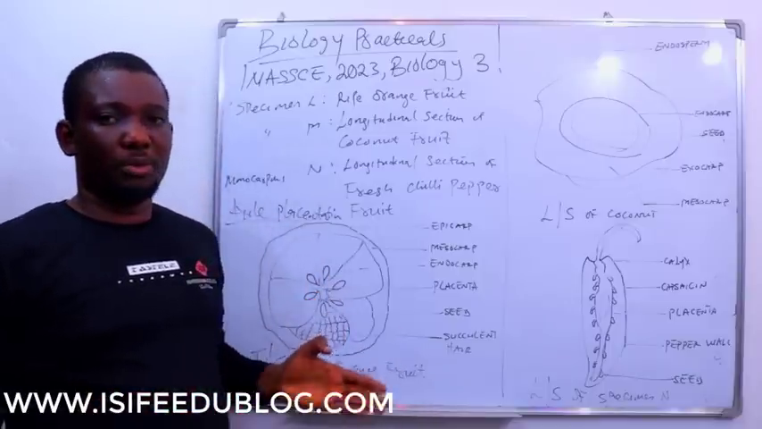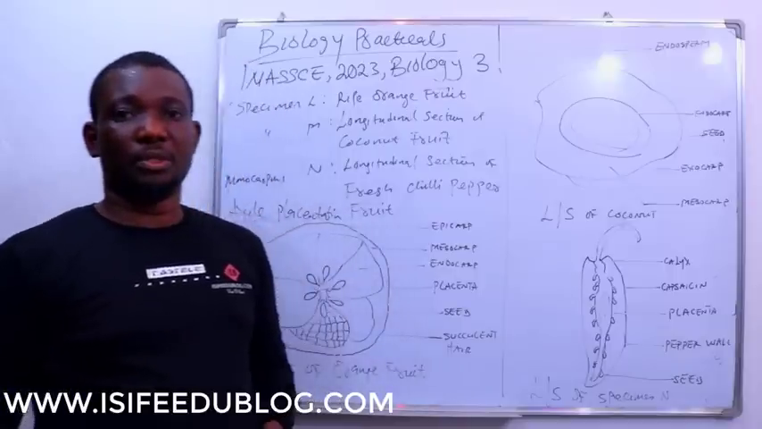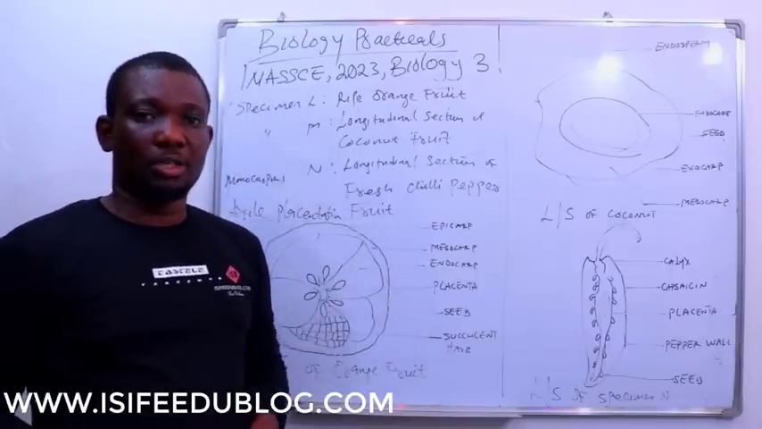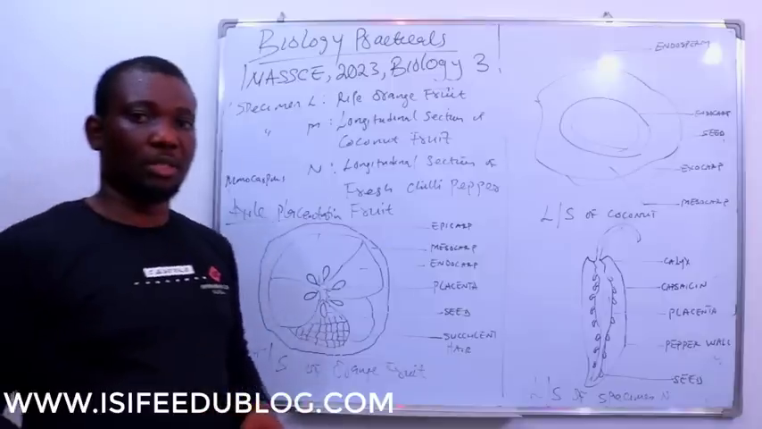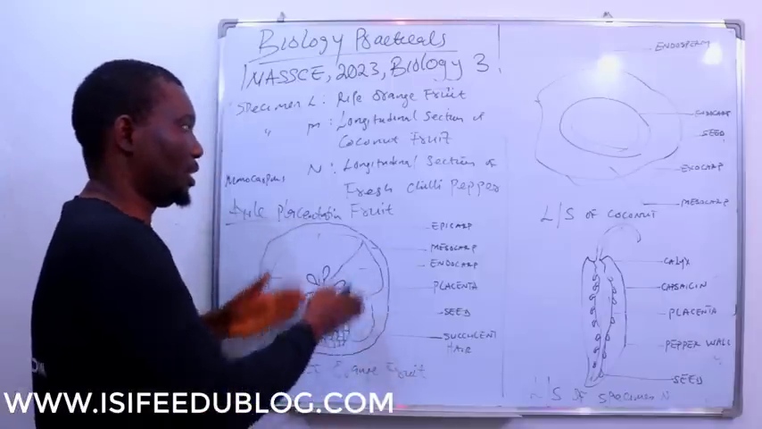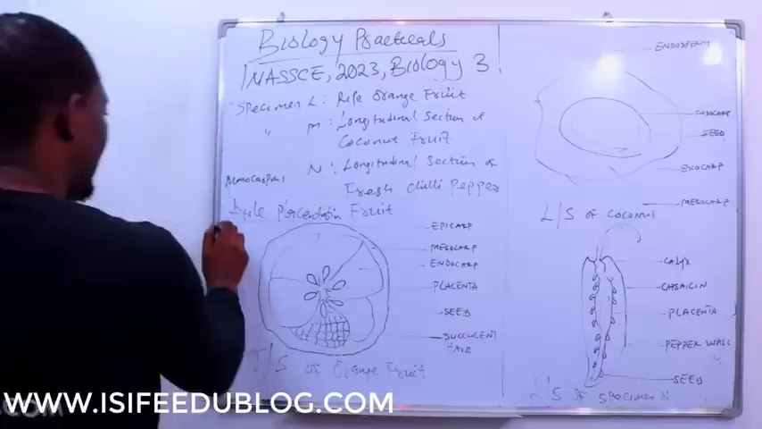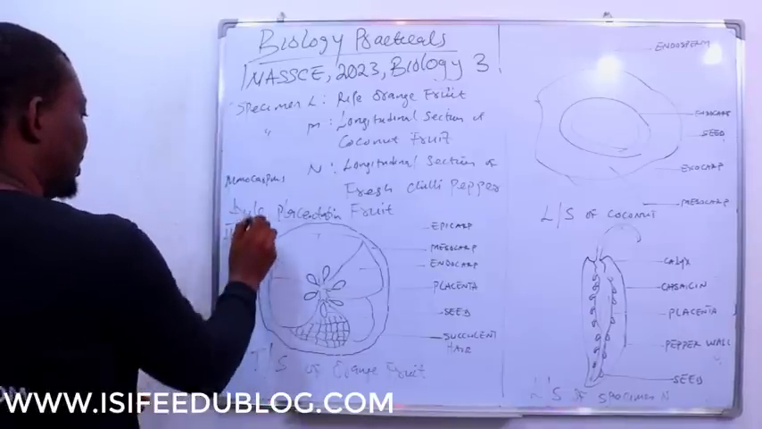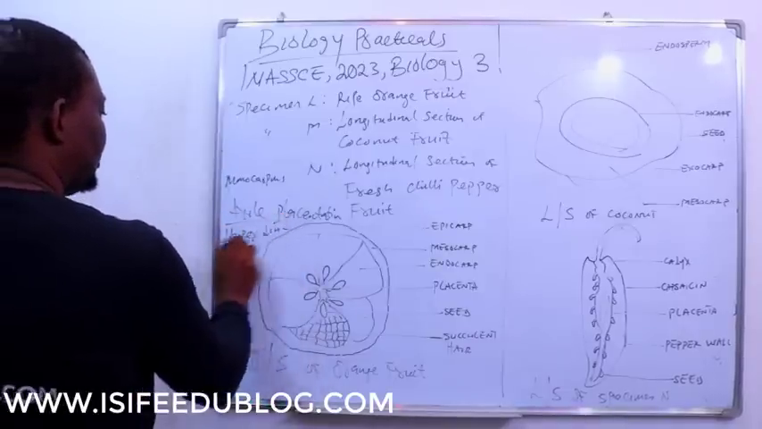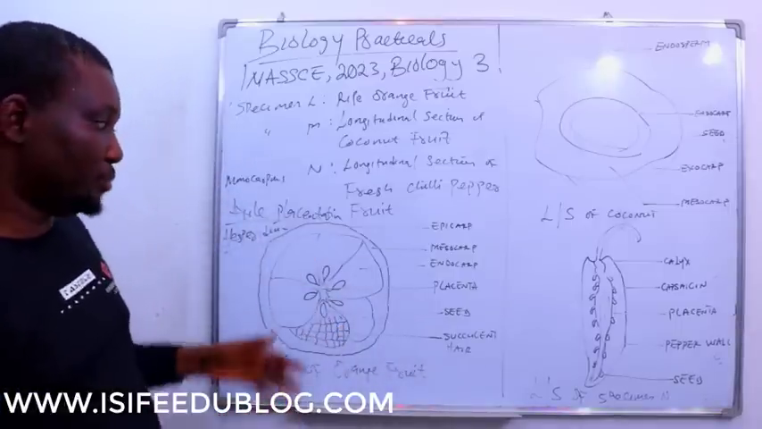What type of succulent? Because there are some succulent fruits that are berry, some that are hesperidia, and some that are drupe. Out of these three types of succulent fruit, which type fits this particular specimen L? Out of these three, this fruit is Hesperidia. Hesperidium, since we're talking about one particular fruit, but Hesperidia is